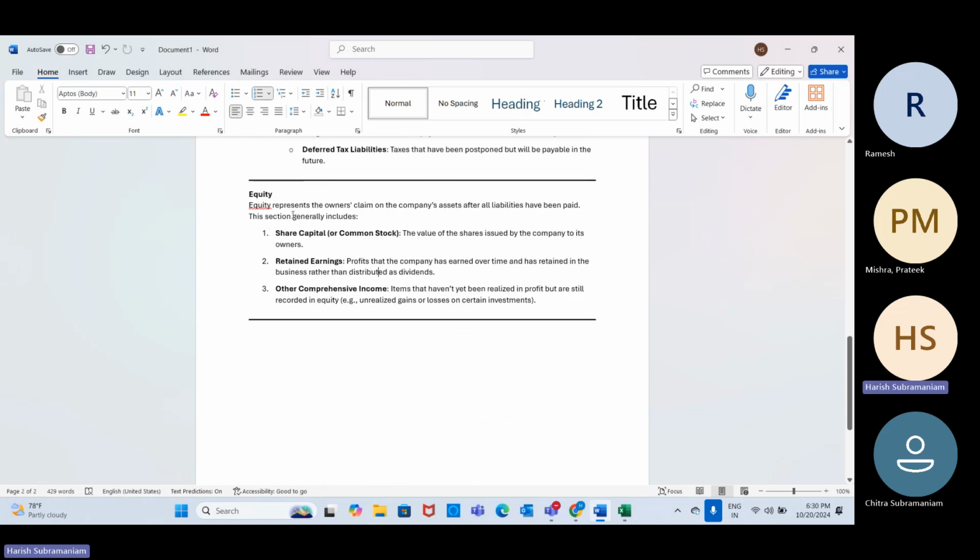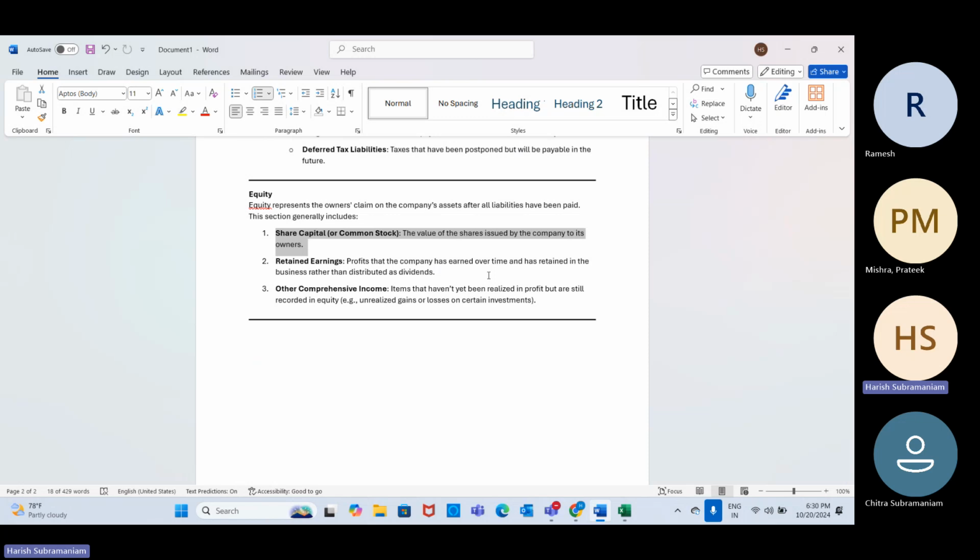And then we have shareholders' equity. So typically equity is the owner's claim on the company's assets. And what are the assets that the company has? So the first thing is the share capital. So typically the owner,